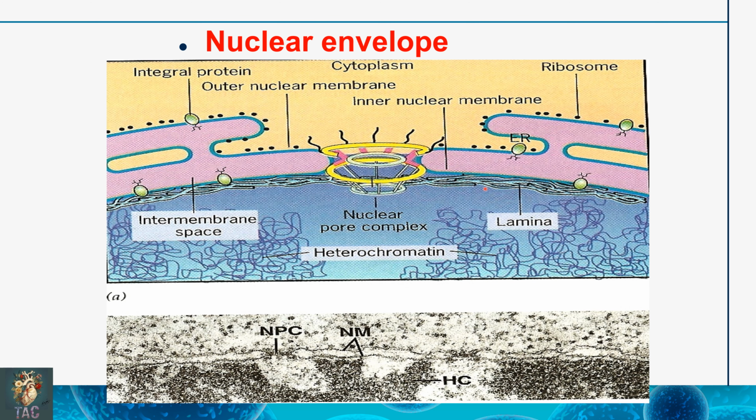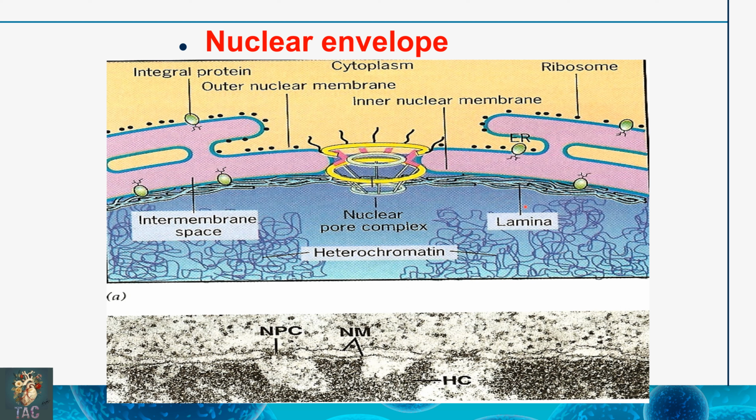So this is the diagram. Here you can see the two nuclear membranes, the outer nuclear membrane and the inner nuclear membrane. The outer is continuous with that of the rough endoplasmic reticulum, and like the RER, this outer nuclear membrane is also studded with